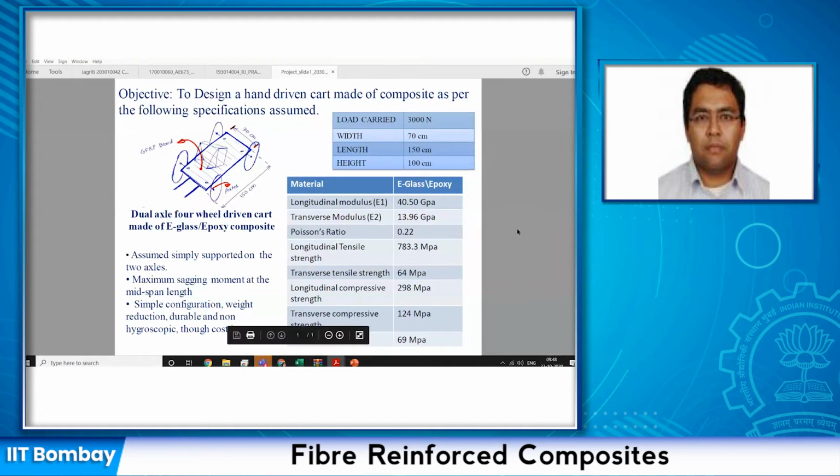Overall, again, the same comments. I think you can organize this presentation better. As I think we've talked in the other course on communication skills, symmetry of the presentation slide is very important. The way you have put it, objective is running across the whole slide. Then below that, you have made it into a dual column structure. But even the dual column is not uniform. The top table, load carried, is a small table which is sitting to the right. Then there is a picture here. The materials table is very big. It's taking up most of the slide. So, I mean, you have not organized the space properly.